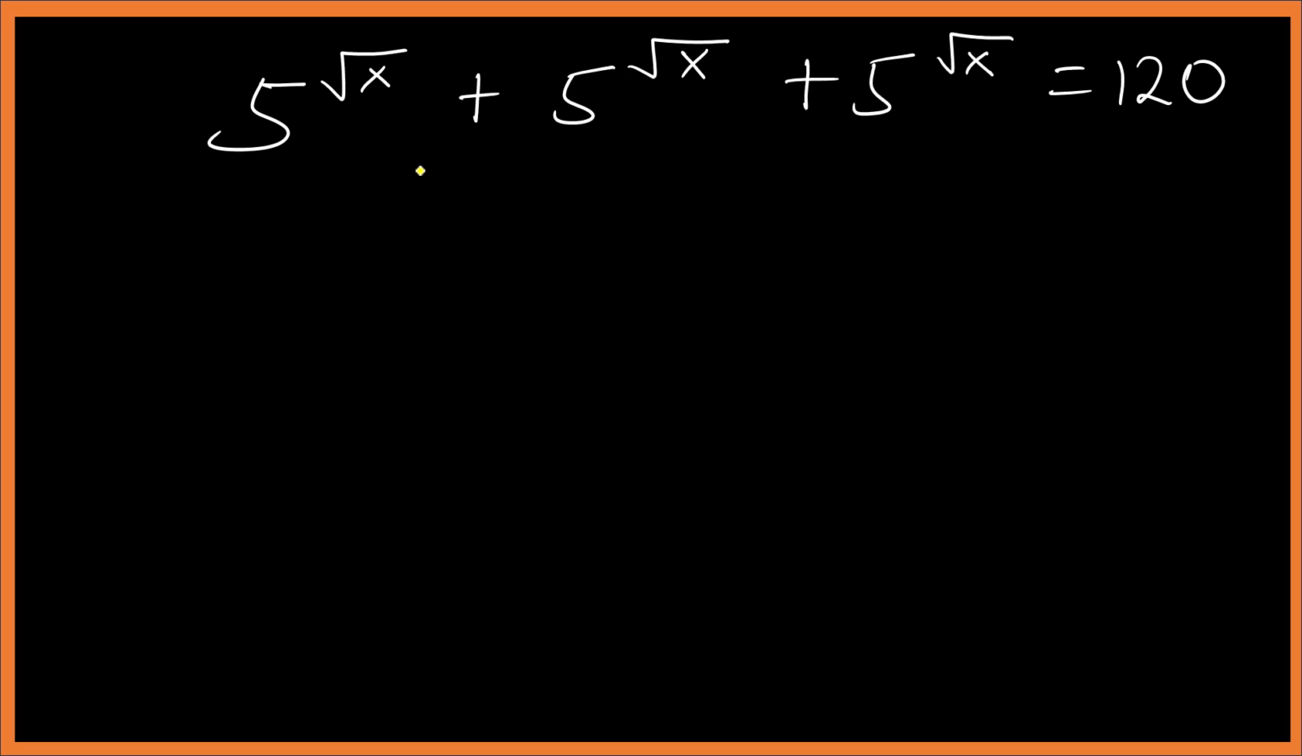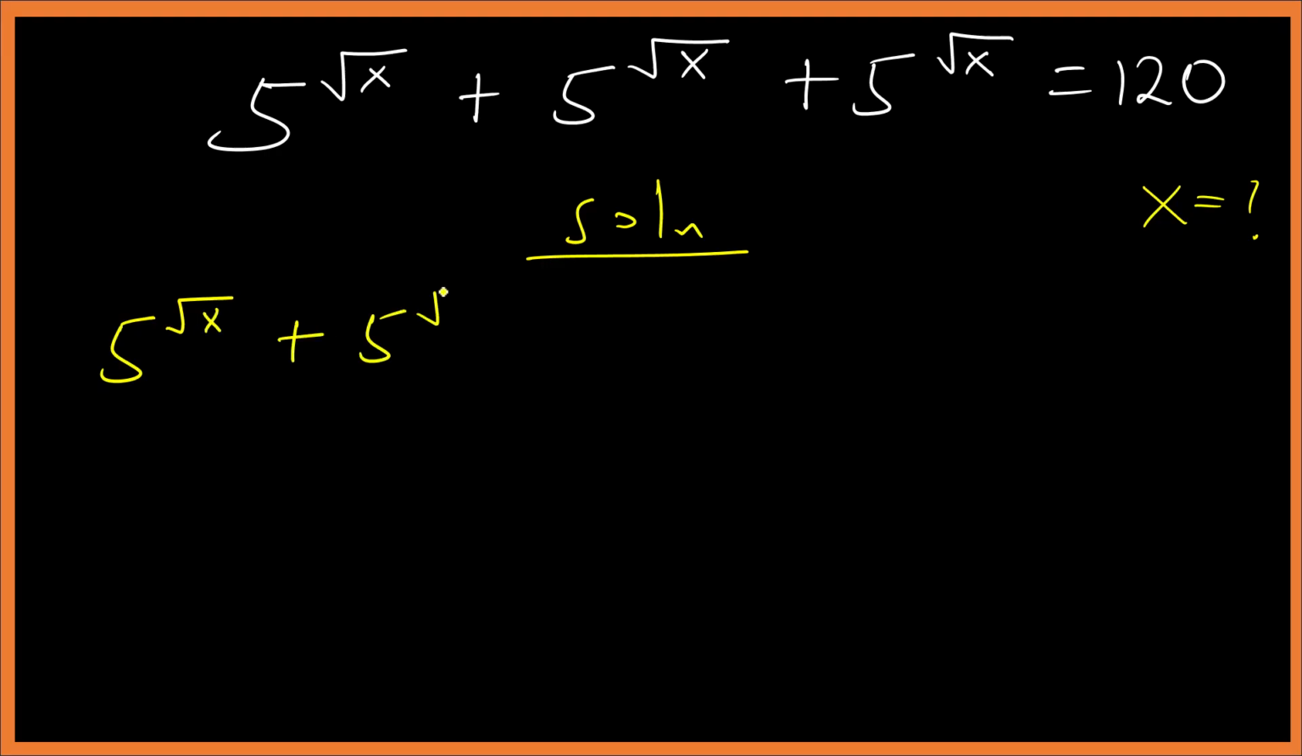Now let's solve for x here, okay? So let's solve the x solution. Now we are given 5 raised to root x plus 5 raised to root x plus 5 raised to root x equals 120. Now from here,